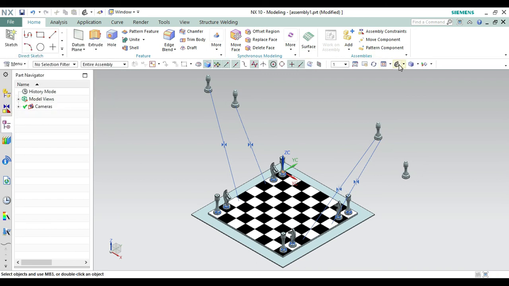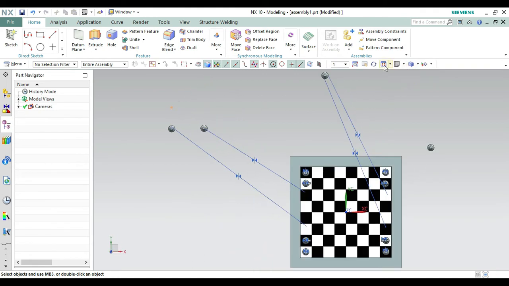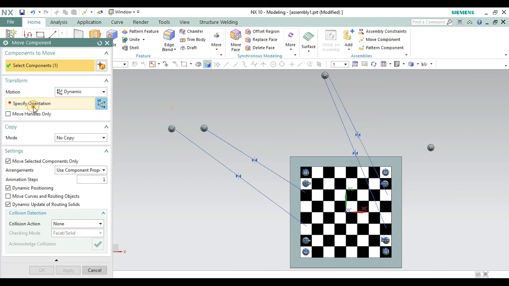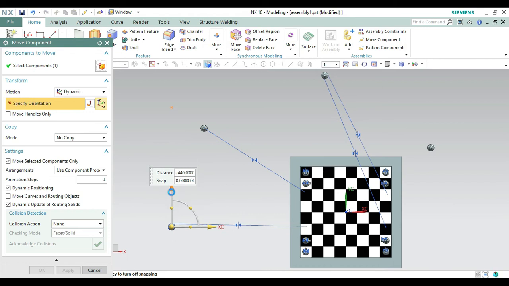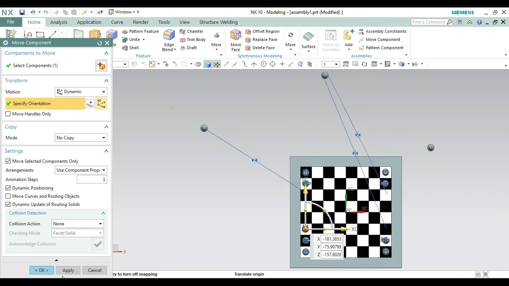Let's set. Let me check from here going to the vertical again. Okay, now again what we have to do is the move components. So as similar we have done. Let's see how it can be possible. Let's do this one. Let's drag it again and then the Z axis. Easy. Then again making it apply.